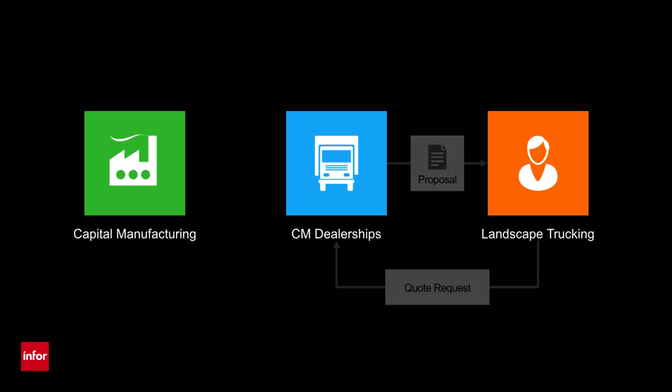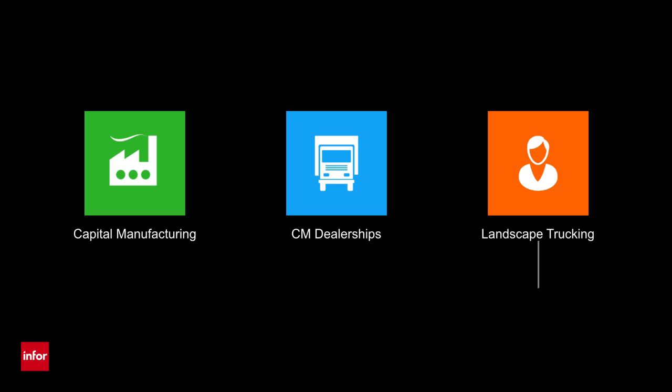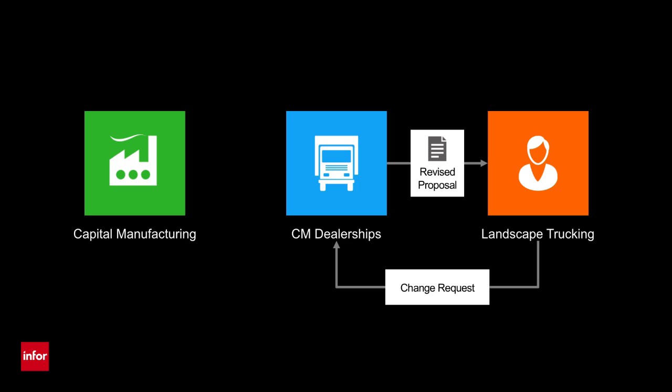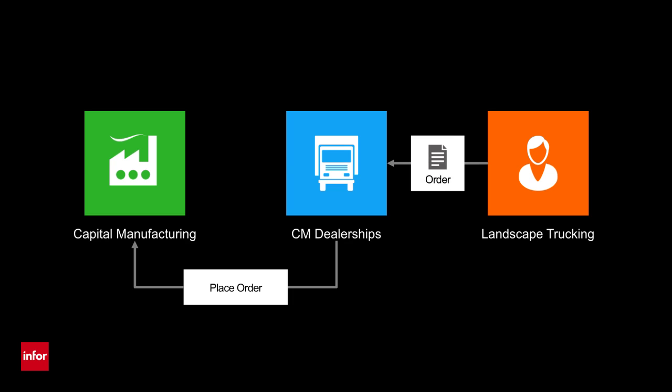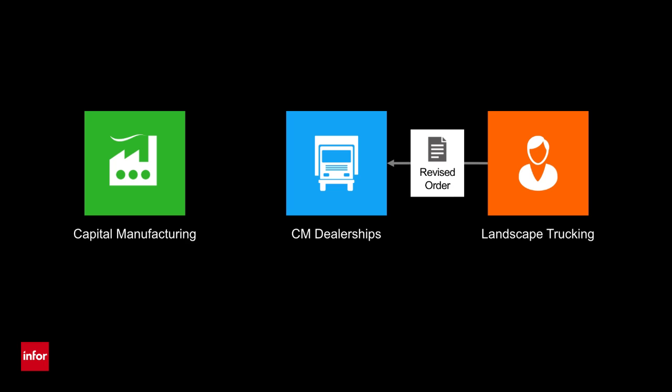and proposal. Next, CM Dealerships will respond to a change request from Landscape Trucking, generating a competitive pricing proposal to win the business. And then, CM Dealerships will convert the revised quote to Landscape Trucking into an order for Capital Manufacturing. After the order has been placed, we will see how Capital Manufacturing responds to a change request and a